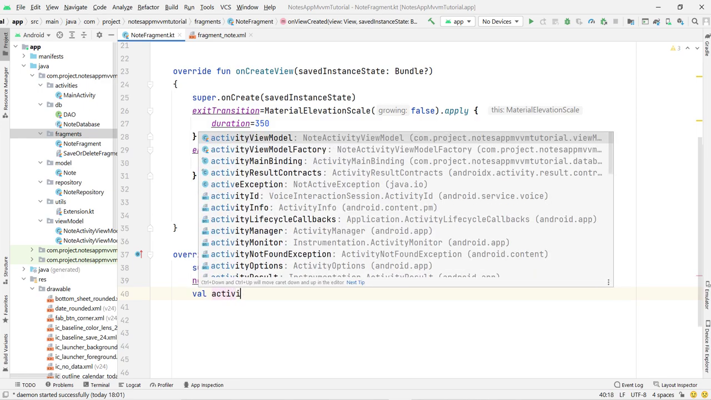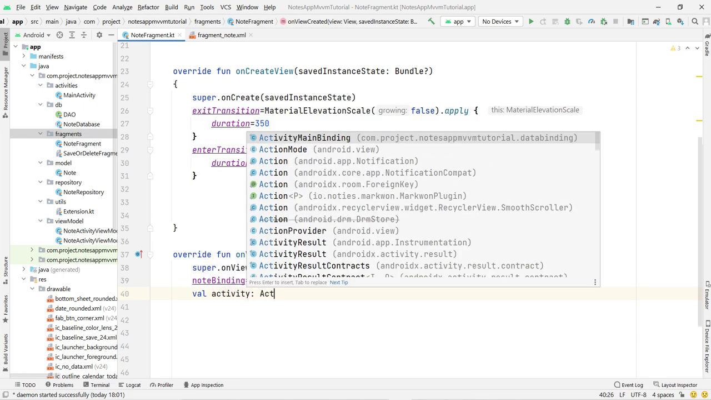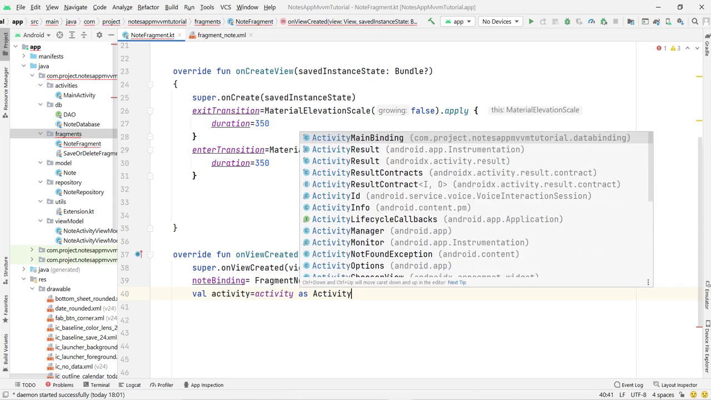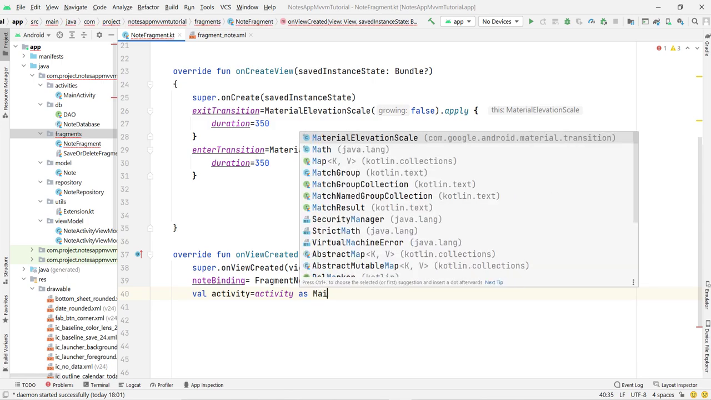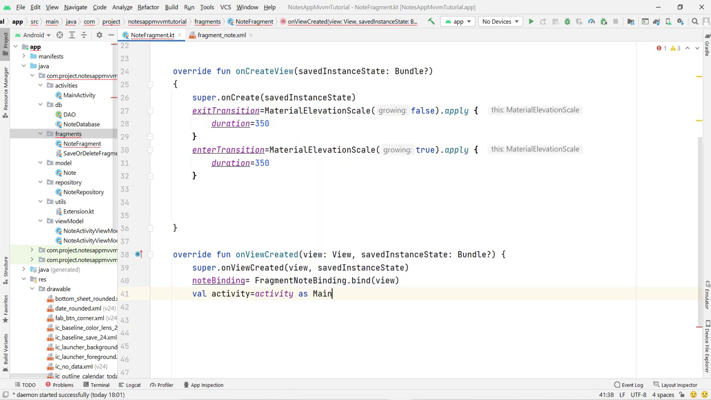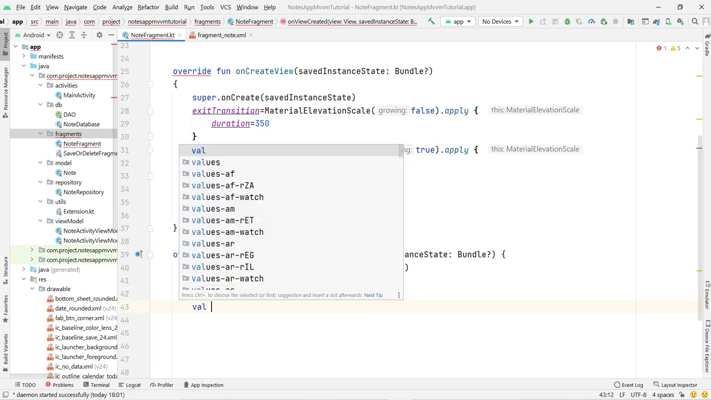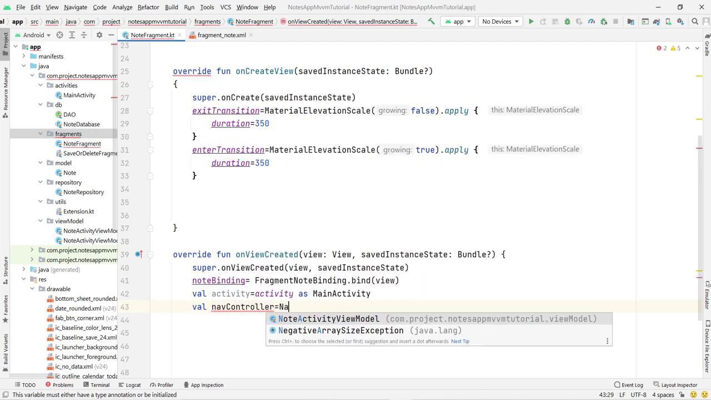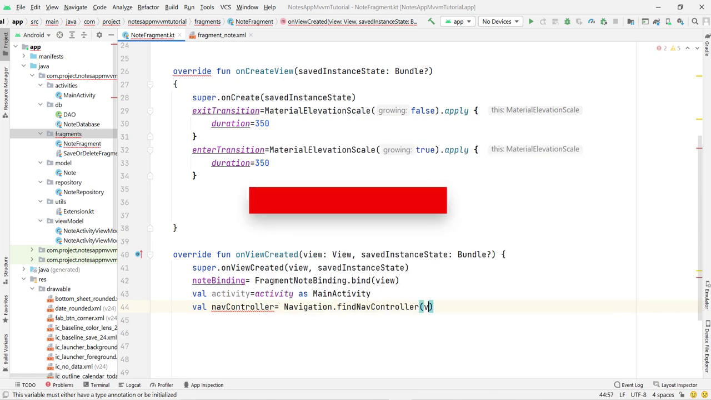So val activity, then the variable type is activity as activity, which is our main activity. So we have to type here main activity. So now we have the context of our main activity as well. Now we have to declare a variable for nav controller, because it will help to move from one fragment to another: navigation dot find nav controller inside this parser